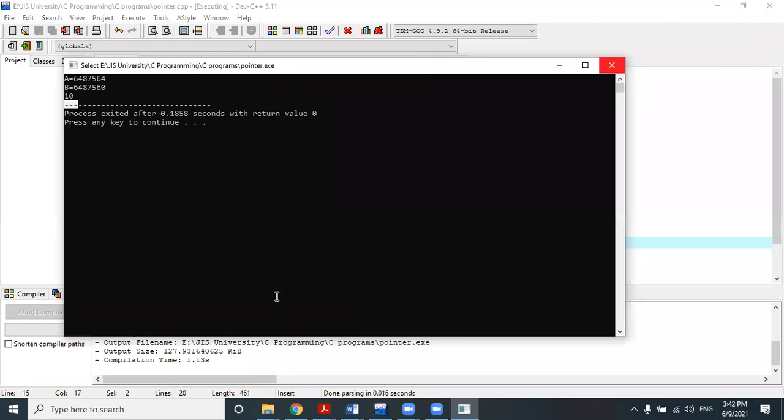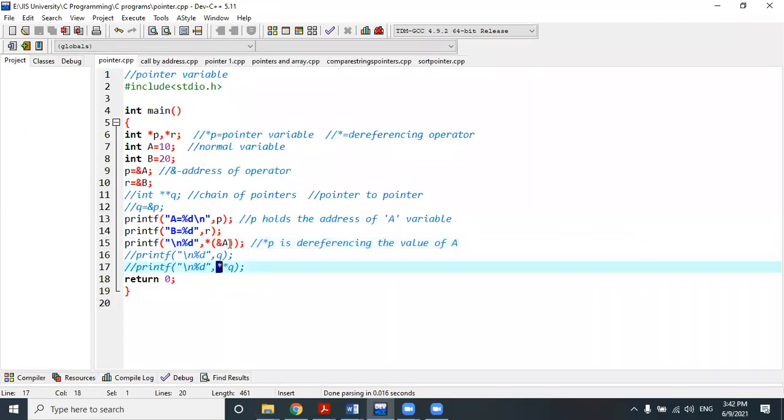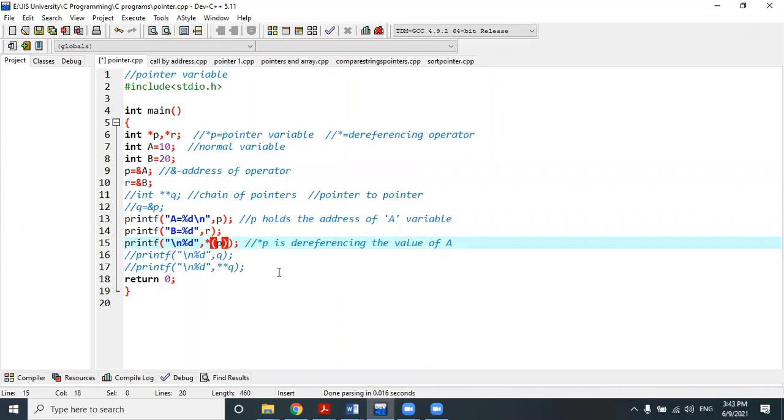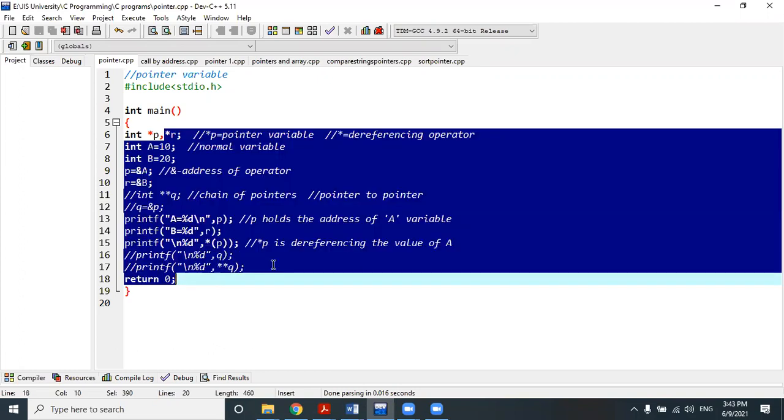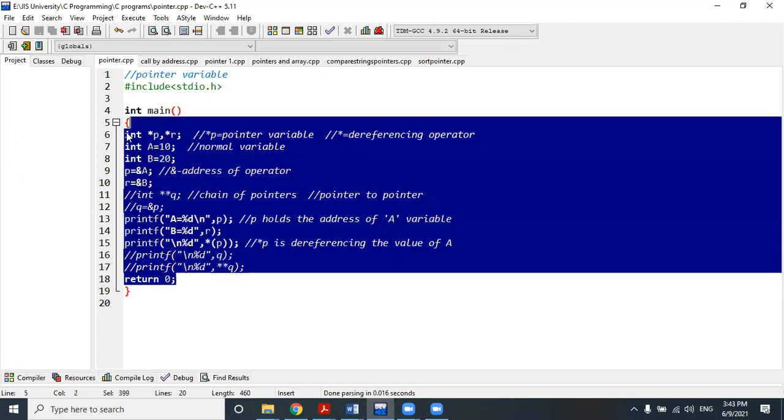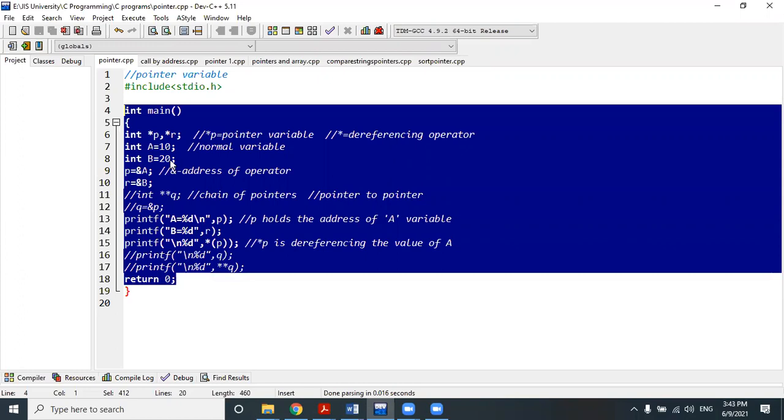Why? Because very simple, it is also performing dereferencing. Ampersand A means what? P. So I'm replacing P by ampersand A. The same thing. Either you can use ampersand A or you can directly use the pointer. Obviously, we should directly use the pointer variable. Why should I write one more character here? But I'm showing this because sometimes code output finding questions are given to you, and you will have to identify what the job of that kind of dereferencing is. Is dereferencing clear to everyone? Yes, sir.